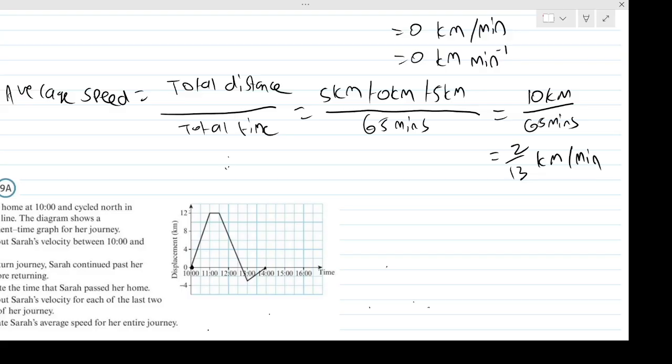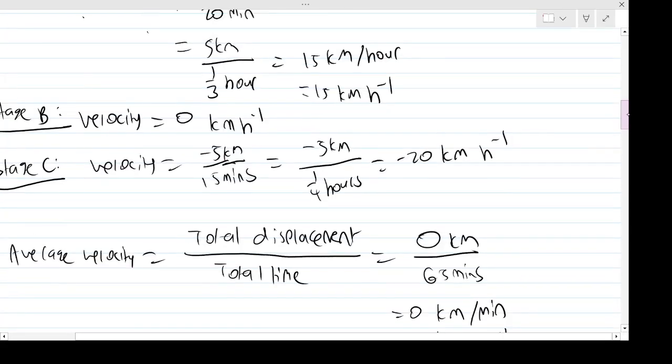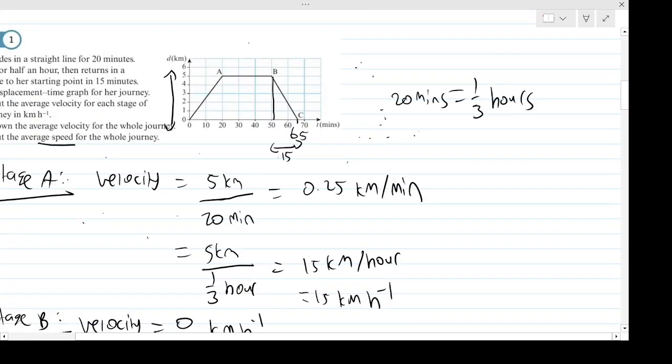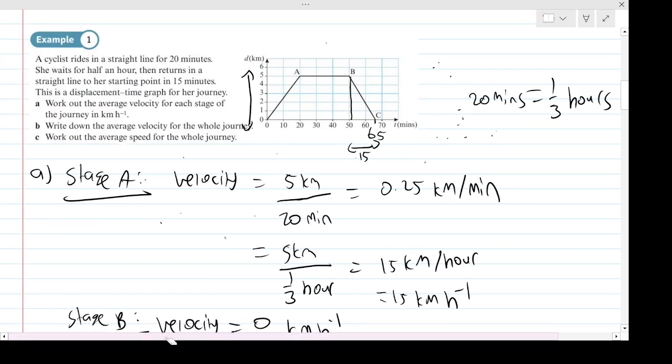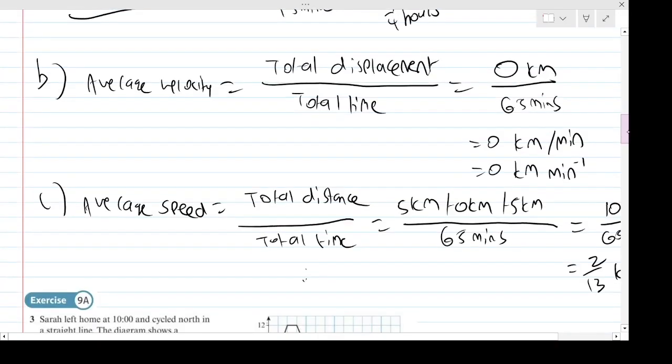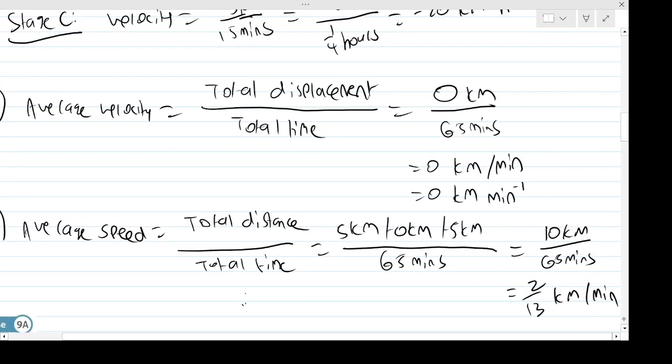Now, they didn't specify the units for this, actually, surprisingly. For part C, the average speed, it just says work out the average speed. No units required. But if you were to give it in kilometers per hour,